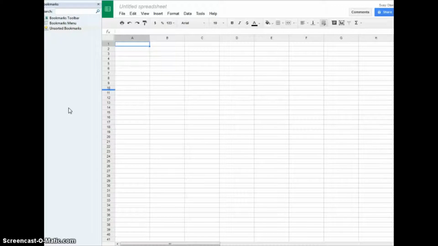As you see, the interface for spreadsheets looks very similar to what you might find in Microsoft Office's Excel spreadsheet package or other spreadsheets you may have used. On the very top, we have a button that says Untitled Spreadsheet. Today we're going to work on a spreadsheet that will help you document what plants, perennials, and trees you have in your yard. So by clicking on the words Untitled Spreadsheet,